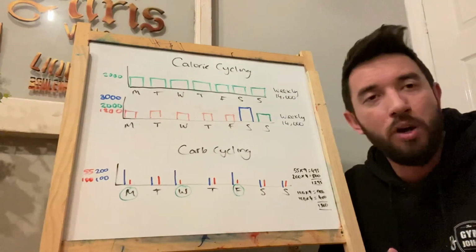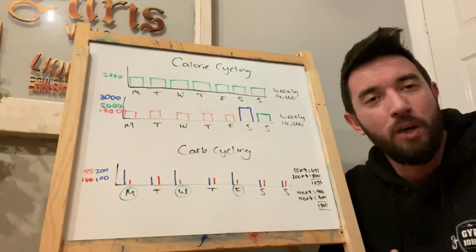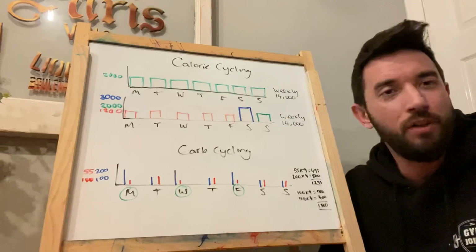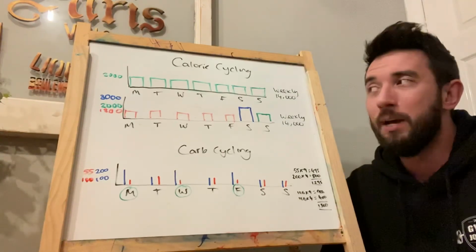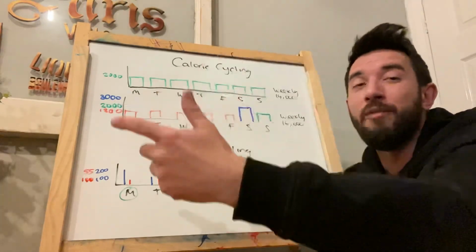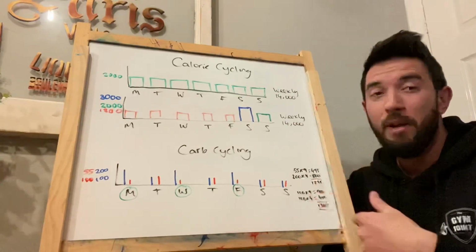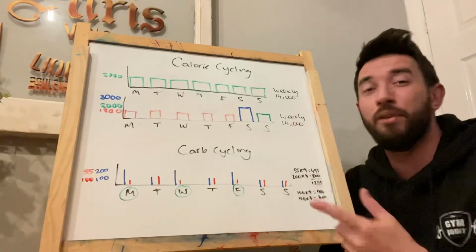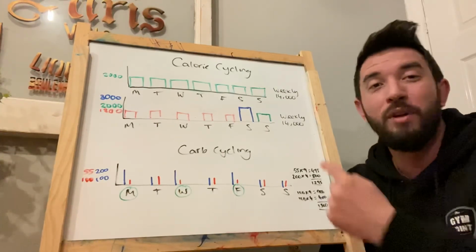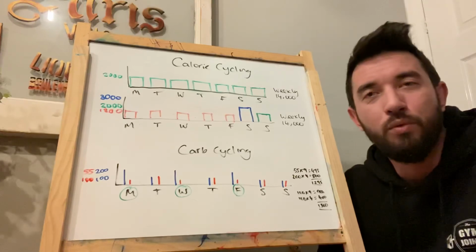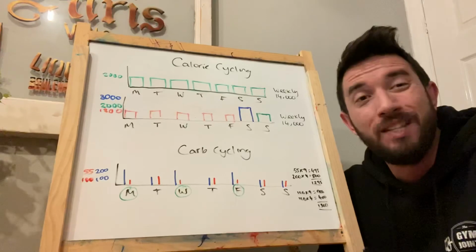So anything that requires a lot more energy, like leg days, might be smarter to have more calories and more carbs on. Whereas if you're one of those people that do an arm day, why the hell would you need as many carbs on an arm day as you do on a leg day? So the even further step is, if you were carb cycling and calorie cycling in relation to training rather than a bender on the weekend, then you're going to optimize your training even more. So then your results could be, again, adding up more 1% to make your progress even quicker.